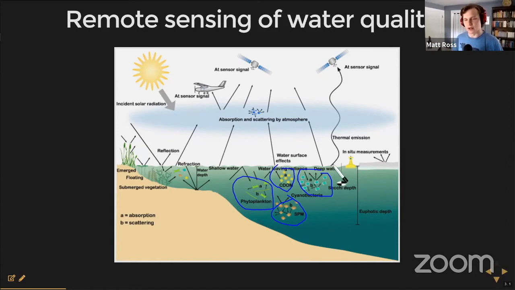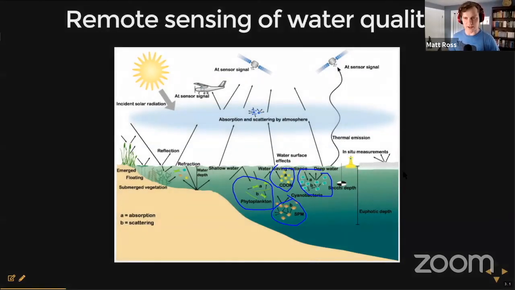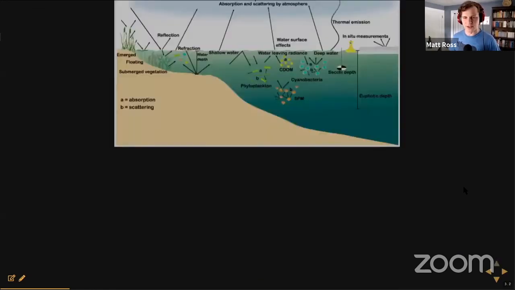And then that water color goes through the atmosphere, is filtered through vapors and clouds and other things, and it finally reaches the satellite. And that's the sensor that we have, the sensor at the satellite or at the airplane. I'll be talking about satellite remote sensing. So this is all the complex things that lead to the color of water we see. And you can use different methods to convert this image, this color, into predictions of how much phytoplankton or CDOM is there.